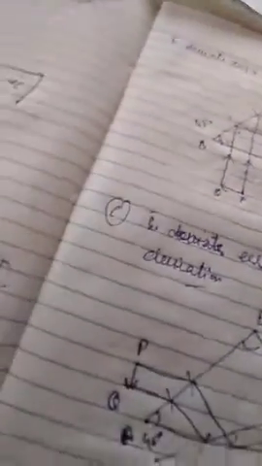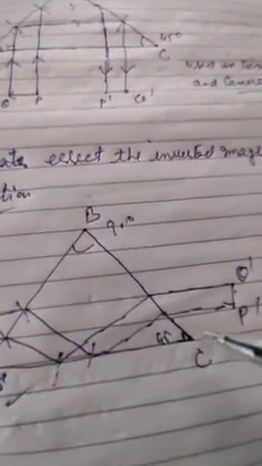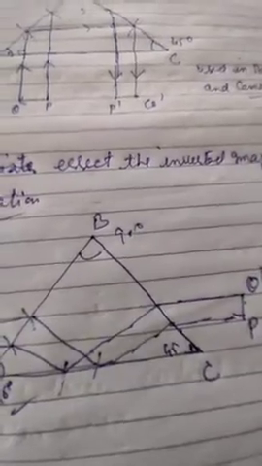Generally, it is asked what is the use of this. So in the first case, to deviate a ray of light through 90 degree, this section of the prism is used in periscope, and through 180 degree this section is used in binocular and camera, and this section is used to erect the inverted image.